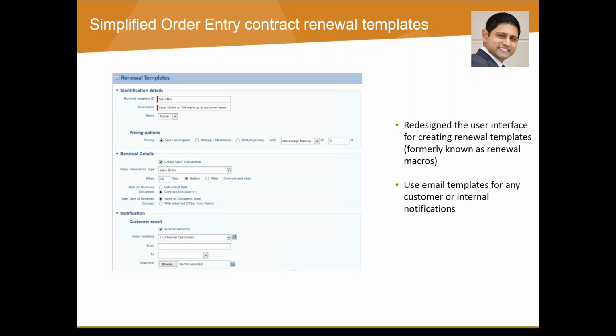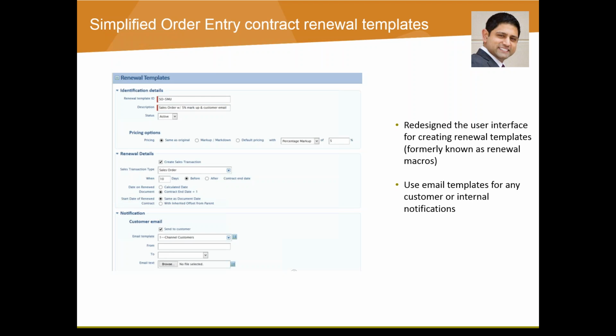And if we step back a little bit, what are renewals? Well, I have a contract that I was getting into, and it is set up for renewal at the end of this year. What the renewal macros allowed you to do is send an email to the salesperson maybe 10 days before that sales invoice or that contract was done, and actually say, well, hey, salesperson, please go in and contact your customer to renew their contract.